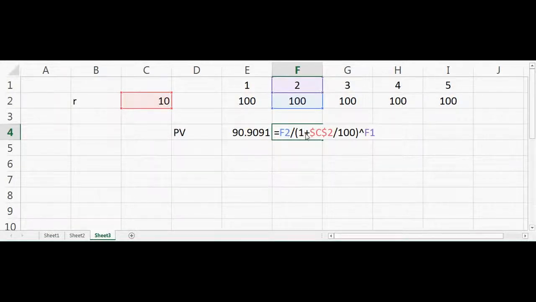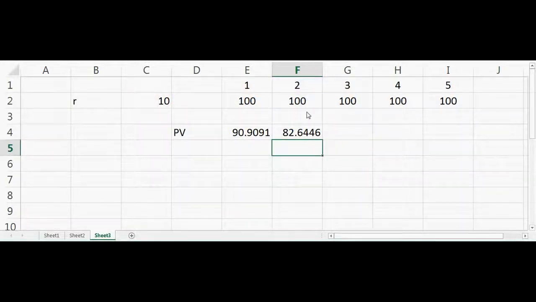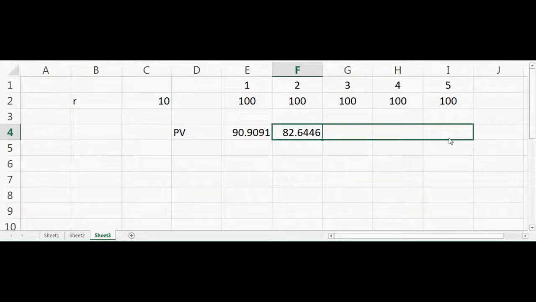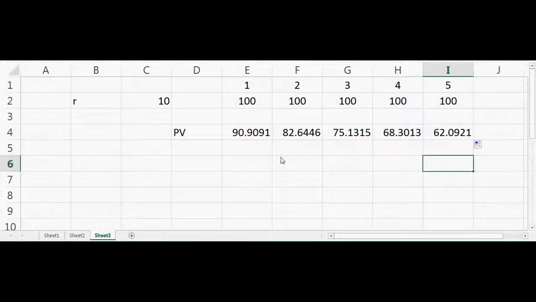So if I repeat it for the next cell, you can see that again I have 100 divided by 1 plus R raised to power 2, because it is the cash flow after the 2 years. So I can drag the same cell up to the 5 years, and you can see that the value of $100 which we receive after 5 years is much lower than the value of $100 which we receive after 1 year. So if we sum all of them together,